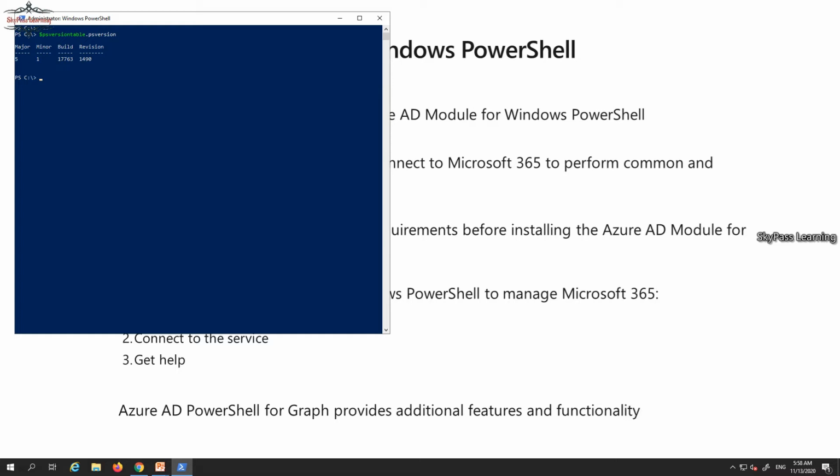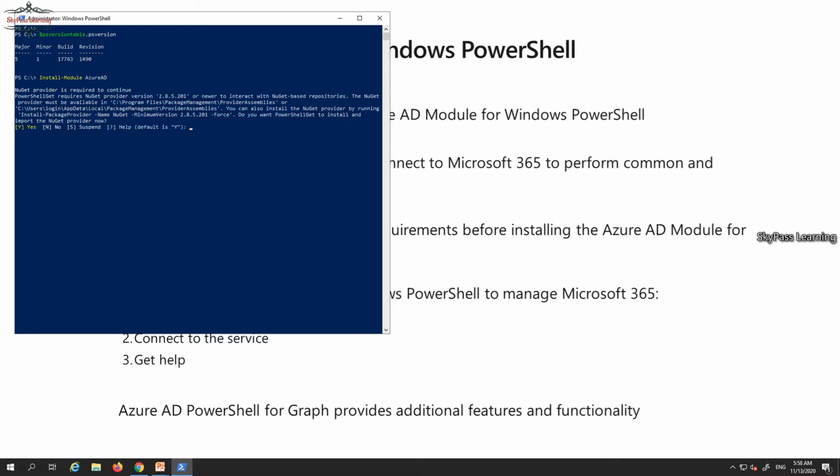Let me quickly try to install the module with Install-Module, to see if I can install it, or maybe I need to download NuGet. So Install-Module AzureAD. Let me see, it's asking me that the NuGet provider is required to continue.